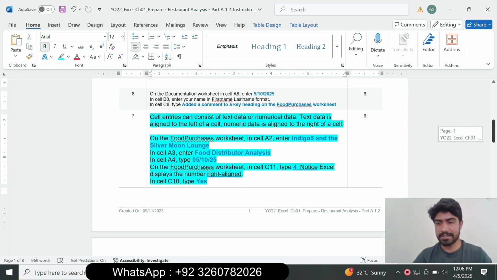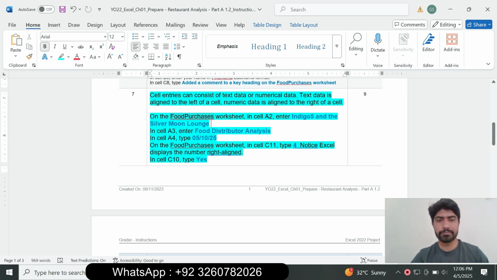So question number 7 is: cell entries can consist of text data or numerical data. Text data is aligned to the left of the cell. Numeric data aligns to the right of the cell. On the food purchase worksheet in cell A2, enter